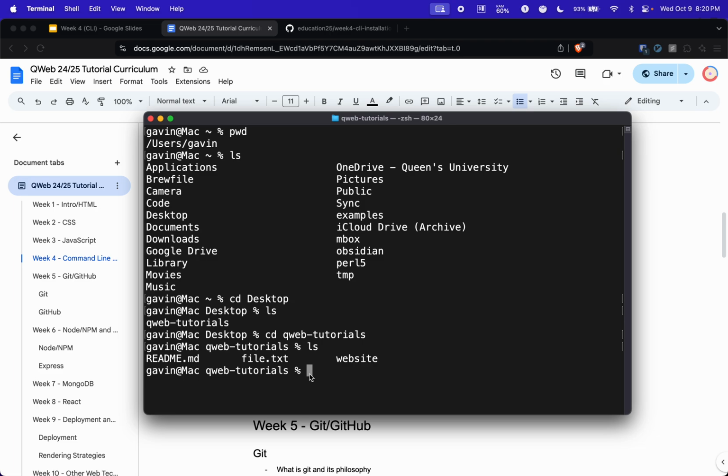So if I want to move up a directory, I go cd dot dot, and I move up a directory. So now I'm back on desktop, I do another one, and I'm back on the user root directory. Dot represents this current